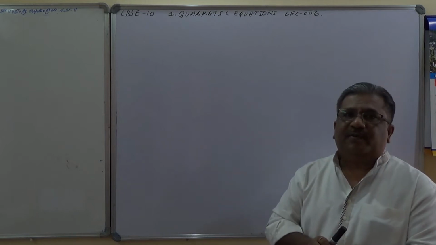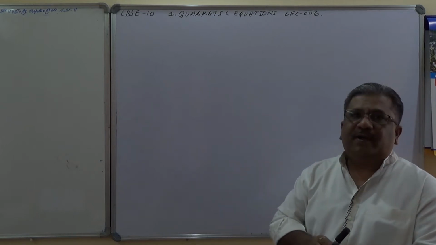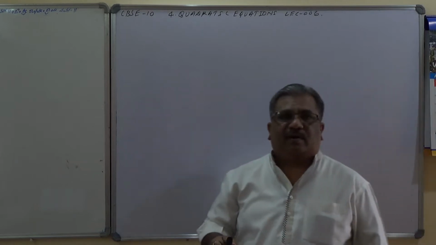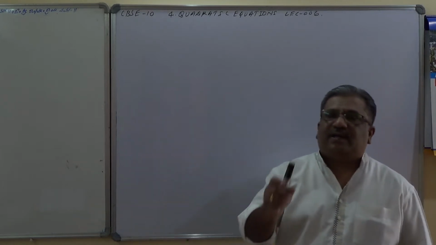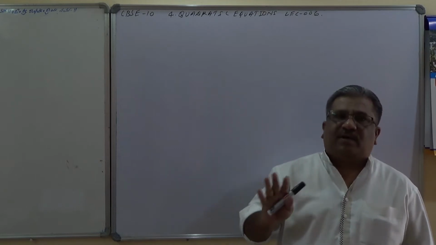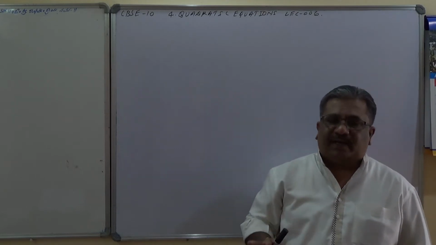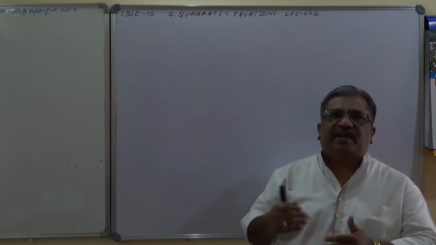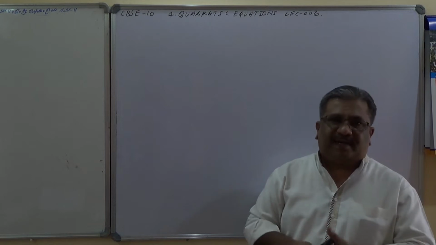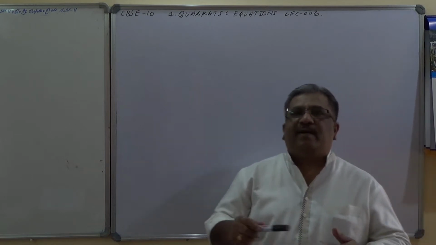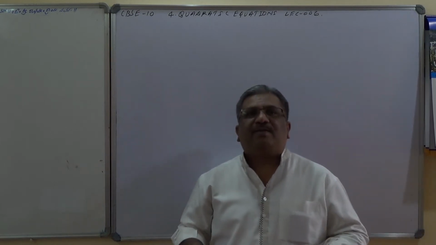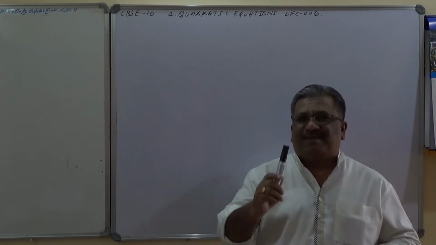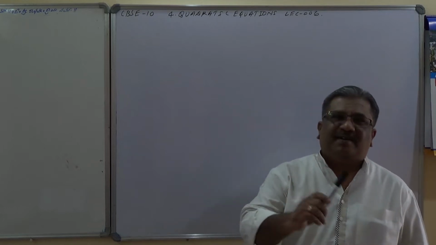I'll take a few numericals from the textbook. What we are doing now is using the quadratic formula to solve the numericals. There are two things which are pending now. Using the quadratic formula we'll solve some word numericals, and after that the numericals based on the nature of roots, basically finding out the unknown such as k based on the given condition, which is very important, and students will face some trouble. Let's see that. Let's take up the word numericals.